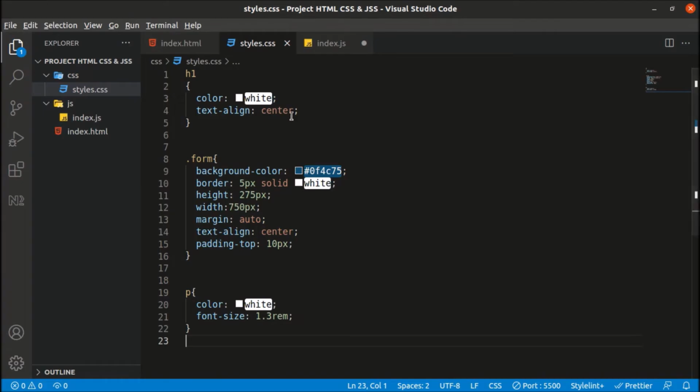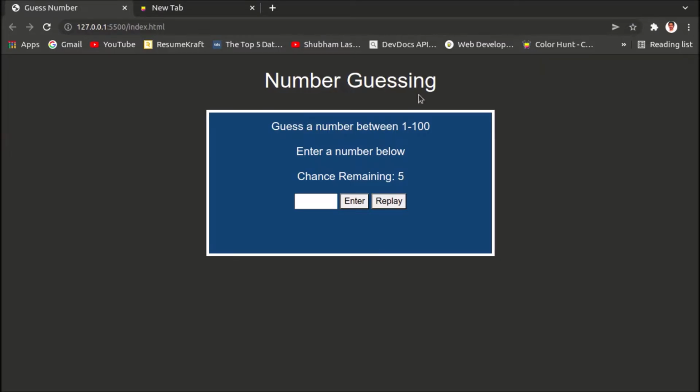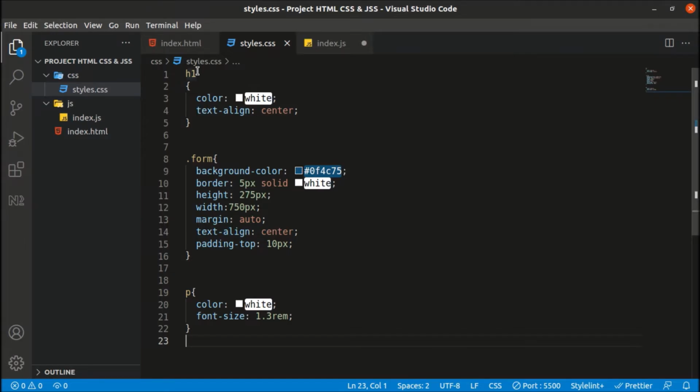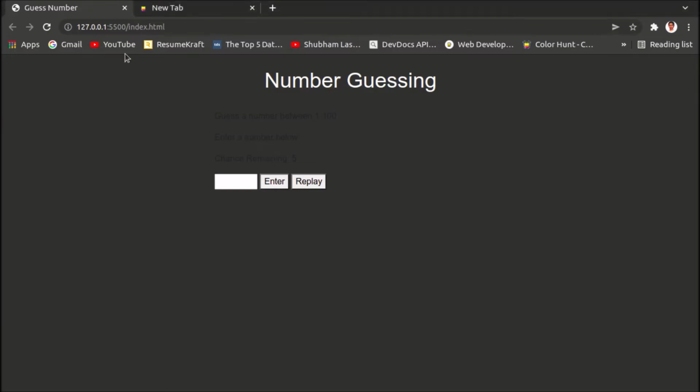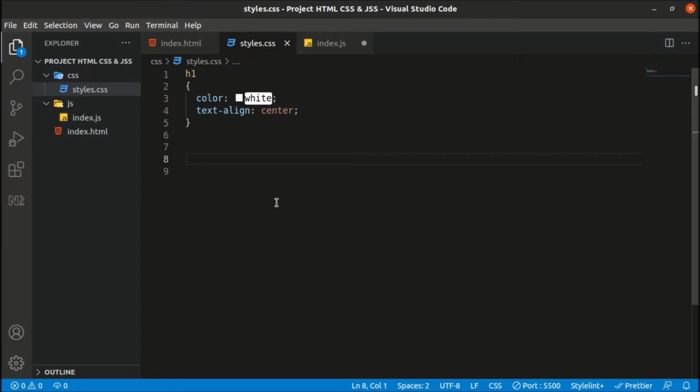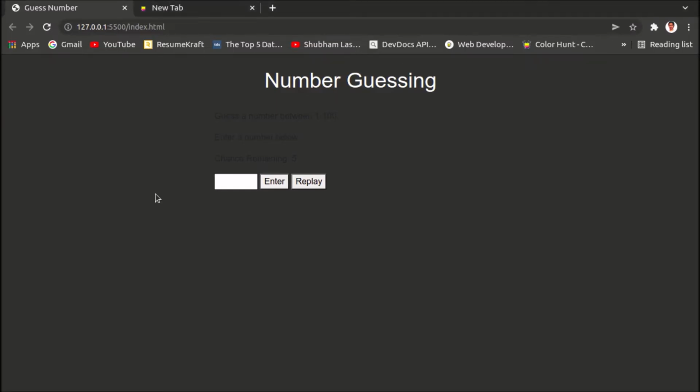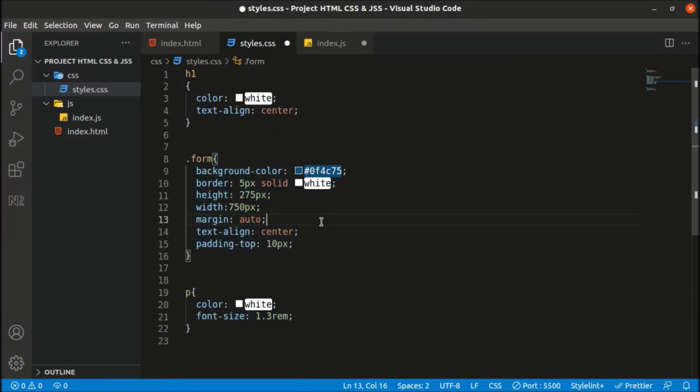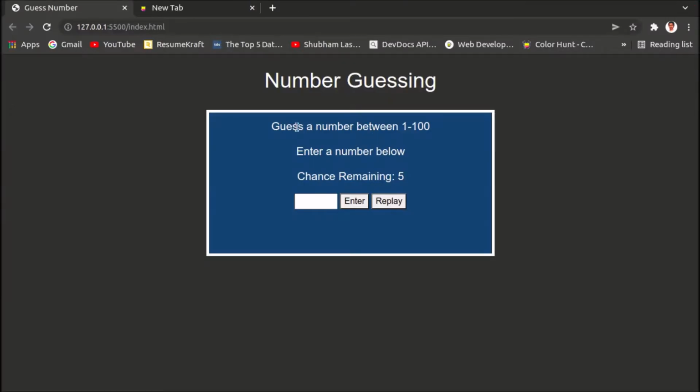Let me refresh it. You can't see any changes because the file is not saved yet. If I cut it and save it and then run it, then you will see the changes. So the actual code is like this, and I had not saved the code, so it hadn't shown you the new output. So let me paste it here, and now it's working. So the background color is changing the background color.